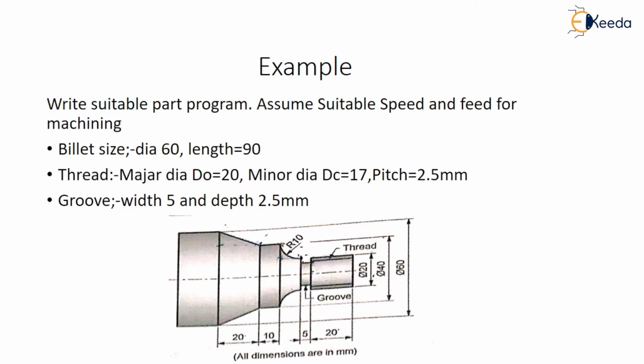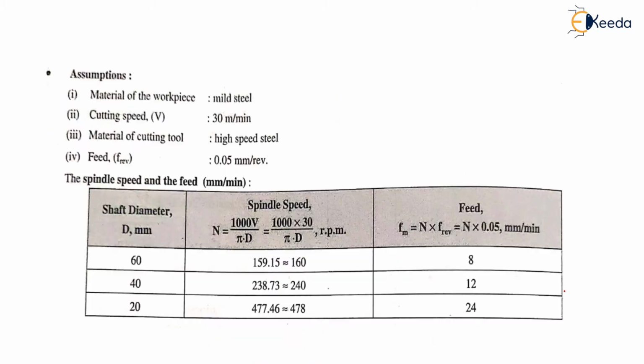So the figure is shown to you. Here also the same things are there. What do we have to do? We have to do first the machining, that is turning from this layer to this layer. First we have to do machining up to here. Then we have to do machining up to this layer. After that we have to do grooving, threading, or circular interpolation. These things we can do. So let's start with how we are actually working on the threaded component. So let's understand the example.